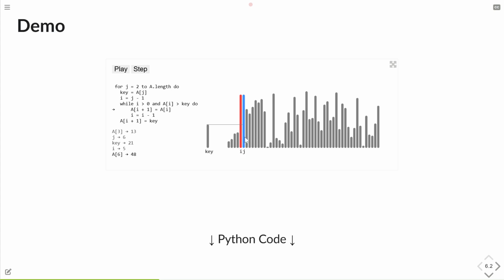Now I compare my key to the element before that. That one is smaller. Now i is this red one here. This is smaller. Now I insert the key just behind that one, and that is the spot that I made free by moving the blue one here. Yeah, and that continues until the array is sorted, or until we want to continue with this lecture.